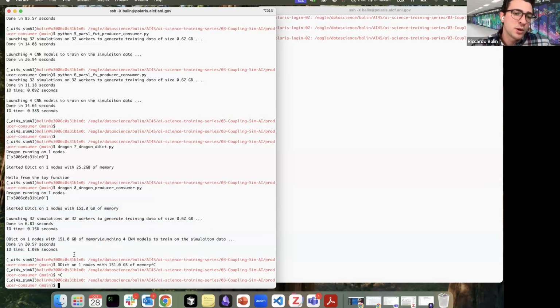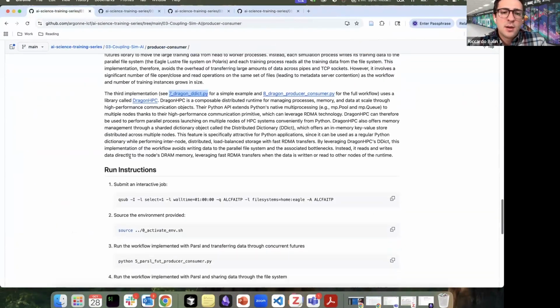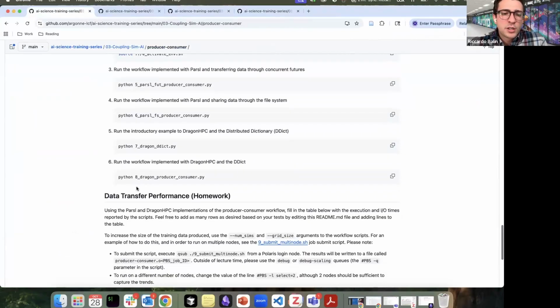That's what I was mentioning earlier, which is really the metadata server overhead taking over for the parallel file system implementation as you have more and more of these training instances trying to read the same data at the same time. So going back to the README for this particular example, there are some run instructions here,